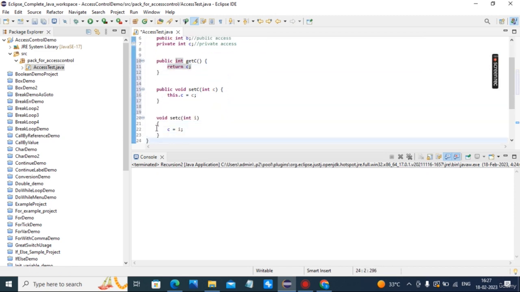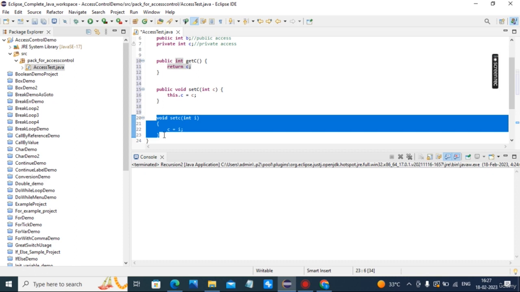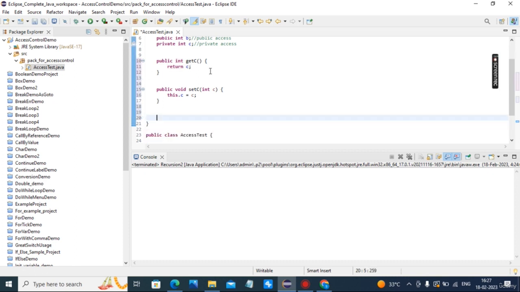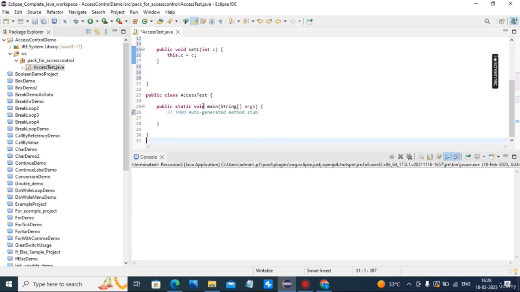Okay. This public is given by them, and automatically this creates these two methods. So you don't have to write each and every private variable's getter and setter methods. Now you can remove this public, it is by default public, or you can keep it as it is. It depends upon you.